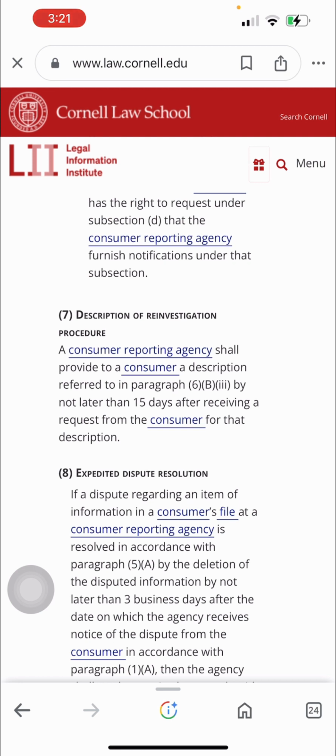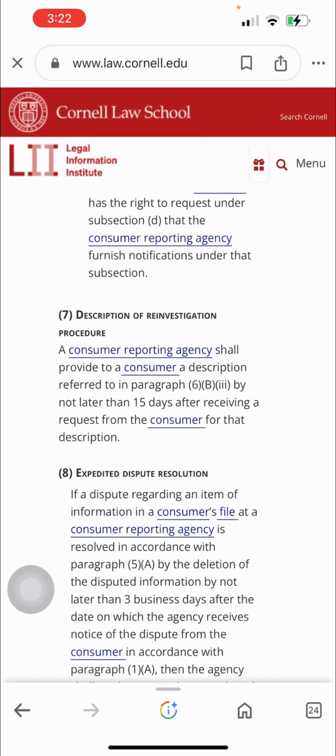A consumer reporting agency shall provide to the consumer a description, not later than 15 days after receiving a request from the consumer of that description. So it tells you that you can write them a request that they send you the description back in 15 days. I want to see what's going on. I want to see what's in my file.